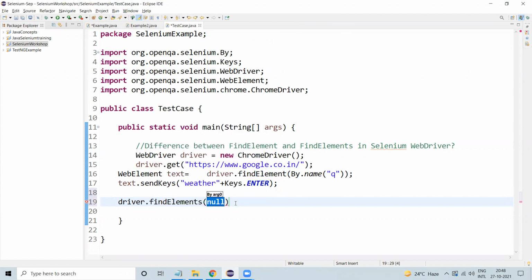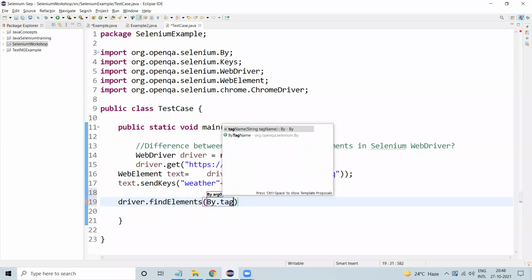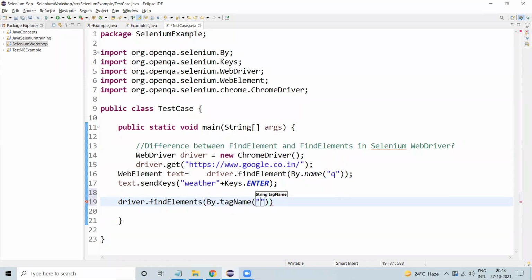Now we want a list of web elements in the page, so I give By.tagName. If I want to find the links, I can go with the a tag. Whatever starts with the a tag will be a link. So I can use tag name a. As per the tag name, it returns the list of web elements.